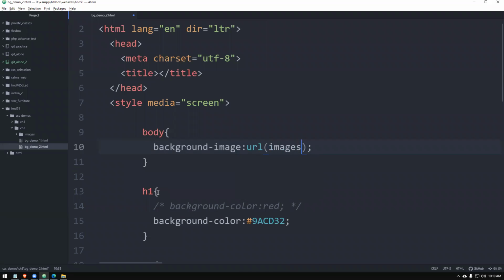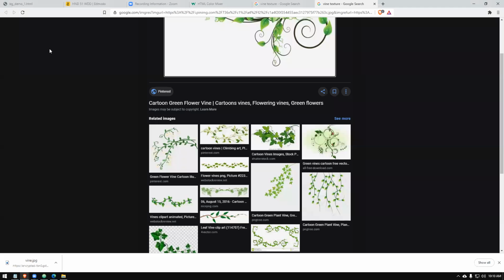So it is inside the images/wine.jpg, right? So avoid using spaces in your file name, so it's easy for you to give the file name here. So they always use a slash, okay, right? So I'm going to reload the page. I'm going to show you what's going to happen.